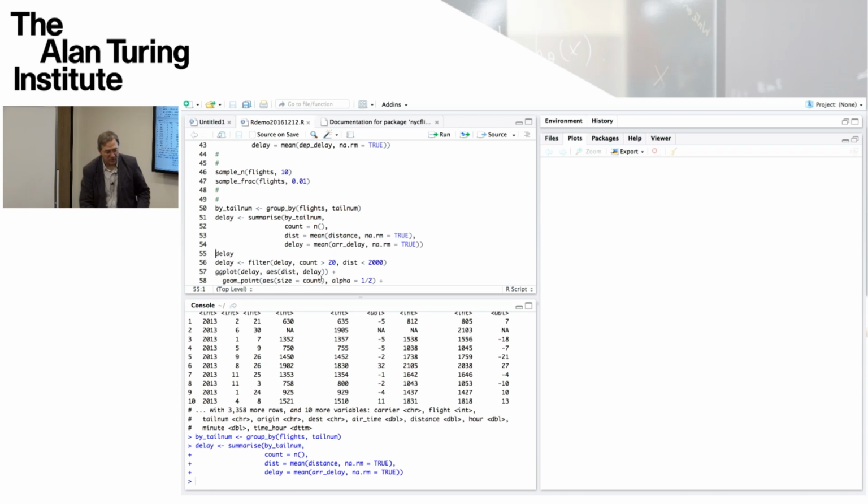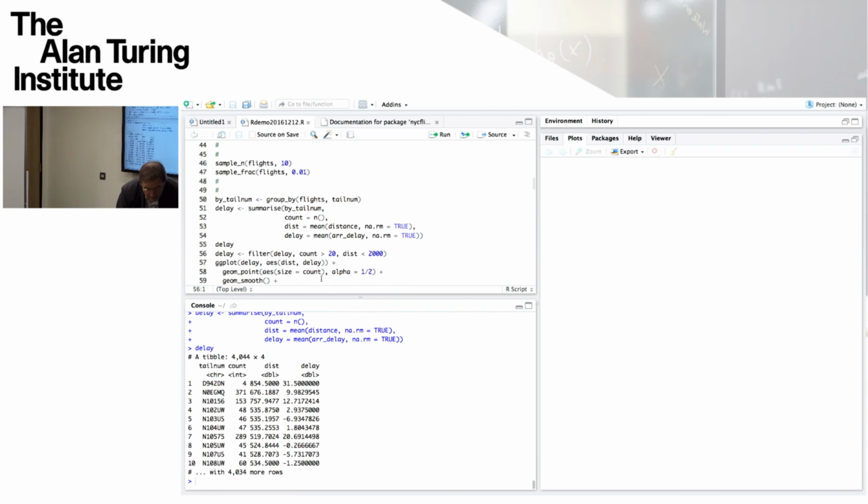Okay, so if we have a look at delay, delay here has the different tail nums, and it's got the count, the distance and delay per tail num, because it was a group by summarise. So what I'm going to do is draw a plot of these delays that we've just calculated.